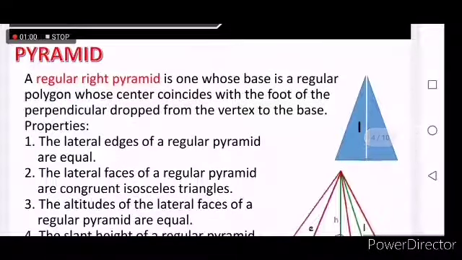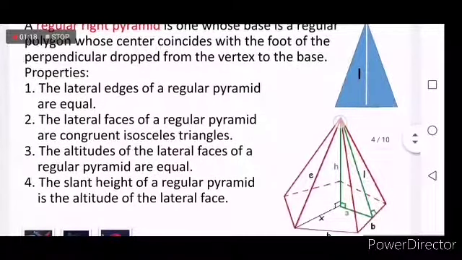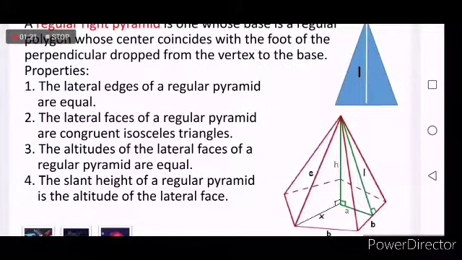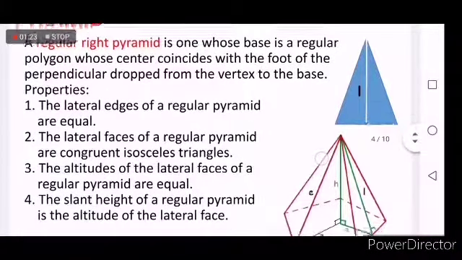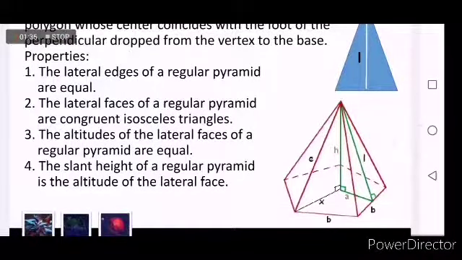A regular right pyramid is one whose base is a regular polygon and whose center coincides with the foot of the perpendicular drop of the vertex of the base. In short, yung perpendicular drop na yon na nasa gitna ng polygon, center ng polygon at dun sa vertex ng pyramid, yun na mismo yung height ng ating regular right pyramid. The lateral edges of a regular pyramid are all equal. Remember that, okay? Kaya nga, whenever we have a regular right pyramid, we can assume that all its triangles are